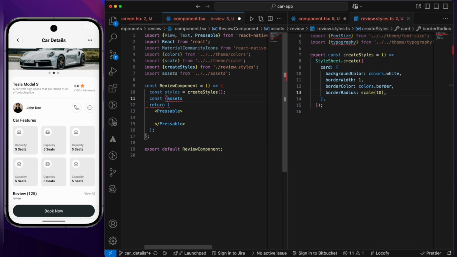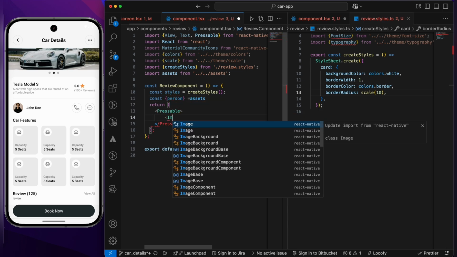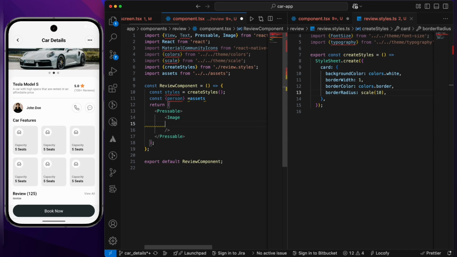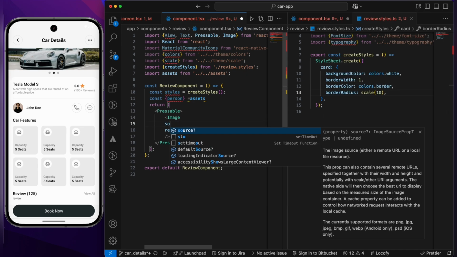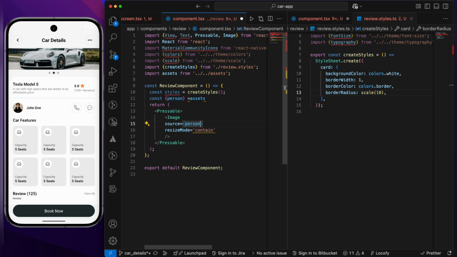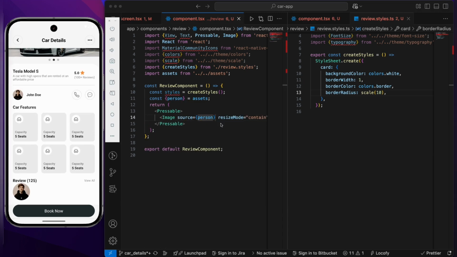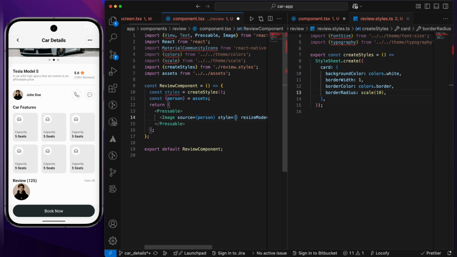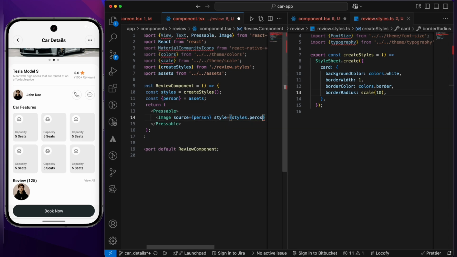I'm going to destructure the person and then add the image from React Native, add resize mode, which is contain, add the source, which is person, yeah, like this, and add one style, styles dot person,